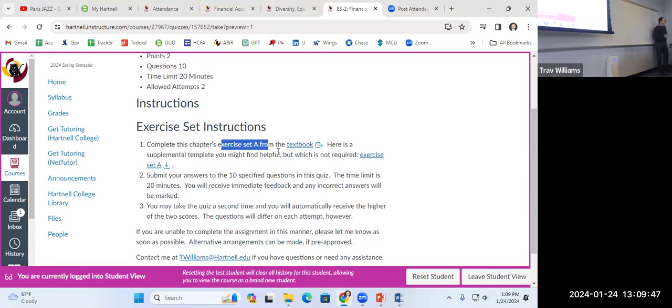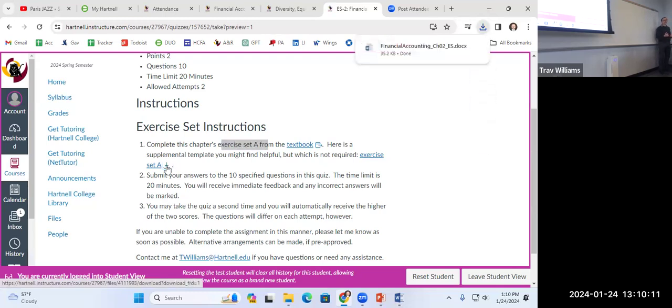You really don't even need that information because I give you a link to a template that you're going to use, okay? What you want to do, don't click on the link here because that's going to open it up in the screen, and that's not what you want. What you want to do is download the template. You're going to click on this download arrow, all right? So when you do that, it downloads a Microsoft Word document.